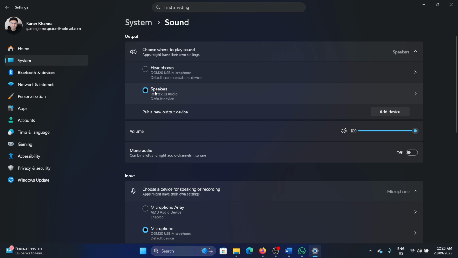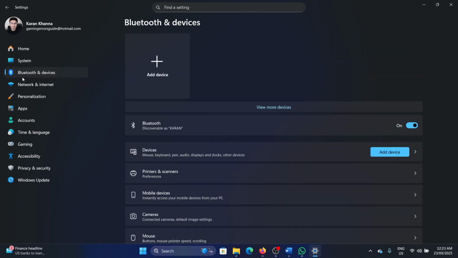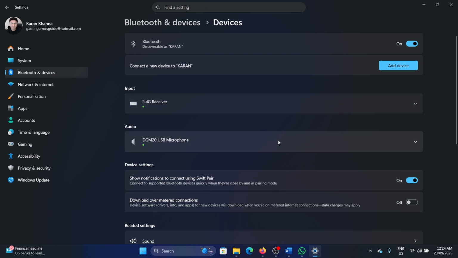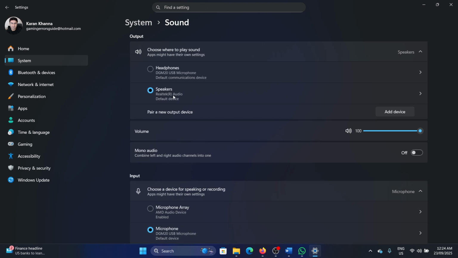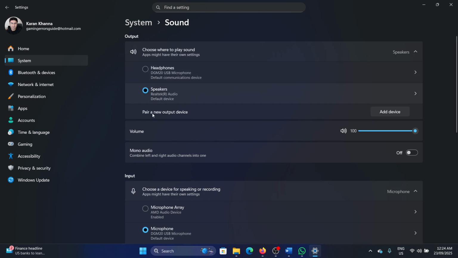If it is connected through any other means like a USB, then you will have to select this option. And if these are Bluetooth headphones, then you will have to go to Bluetooth and devices and check if it is connected through a receiver or directly. Okay, so you need to make sure that the correct ones are selected, and you can change the radio buttons